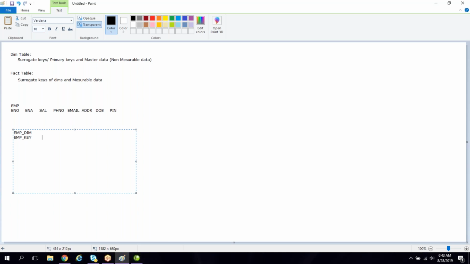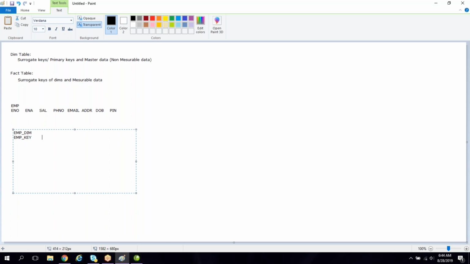So here, only non-measurable data we can store. If employee number contains only numbers, then we can measure such data. If it has both characters and numbers, or is character type of data, we cannot measure it. Most of the time employee number will be number type of data. Since that is a number type of data, we can measure it. So we cannot store employee number in a dimension because a dimension contains non-measurable data.